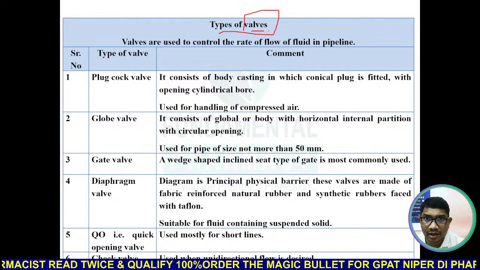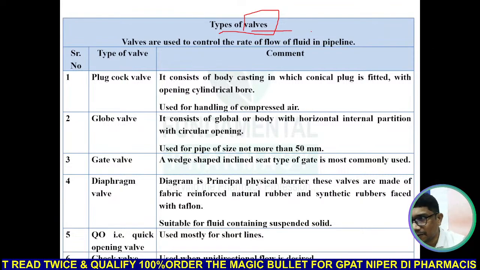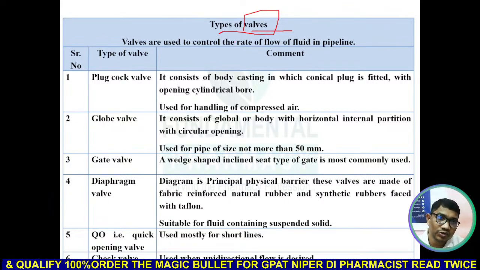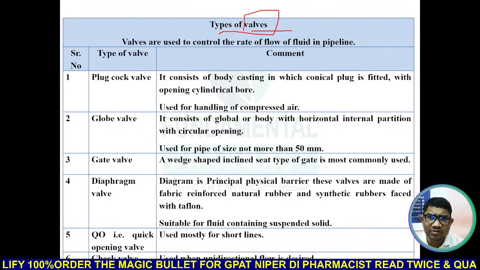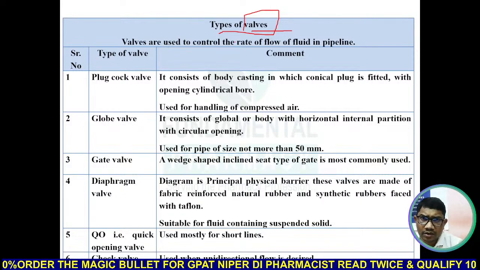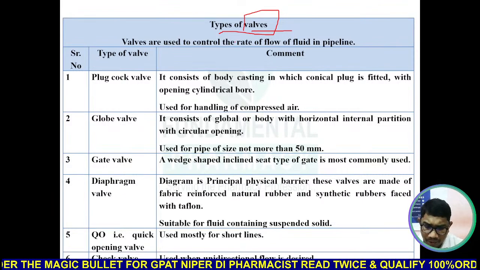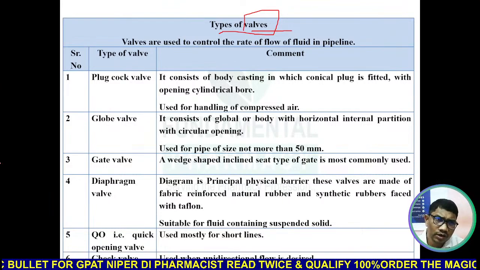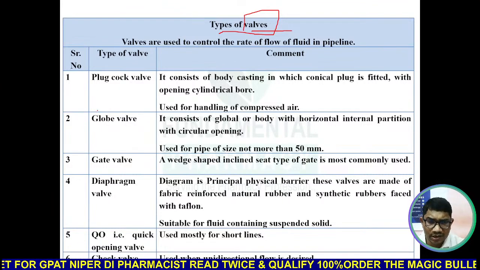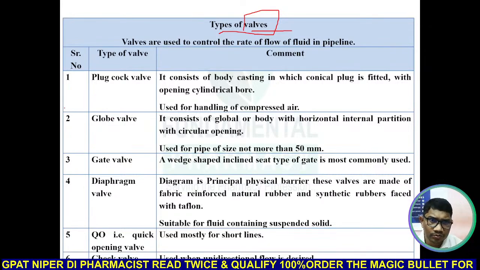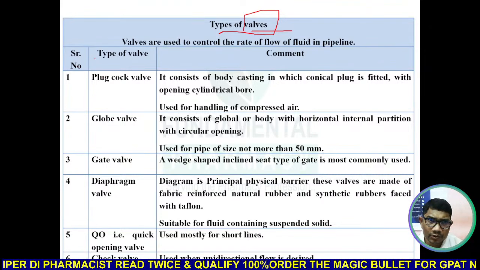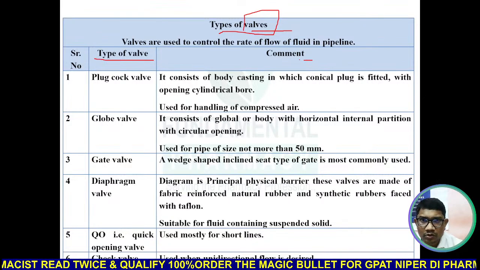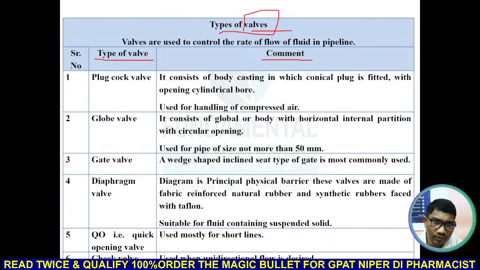तो वाल्व मतलब क्या, आपने देखा होगा ना पाइपलाइन में सुबह सुबह जो पानी छोड़ने वाला आता है वो वाल्व ओपन करता है, वाल्व क्लोज करता है। Valves are used to control the flow rate of fluid in the pipeline. तो valves, ठीक है। कभी कभी क्वेश्चन आता है आपको टाइप ऑफ वाल्व, एकदम शॉर्ट में मैंने एक्सटेंड करके रखा है आपको। तो टाइप ऑफ वाल्व, इसमें ज़्यादा कुछ इम्पोर्टेंट नहीं है, पढ़ने जाओगे तो बहुत कॉम्प्लिकेटेड है।